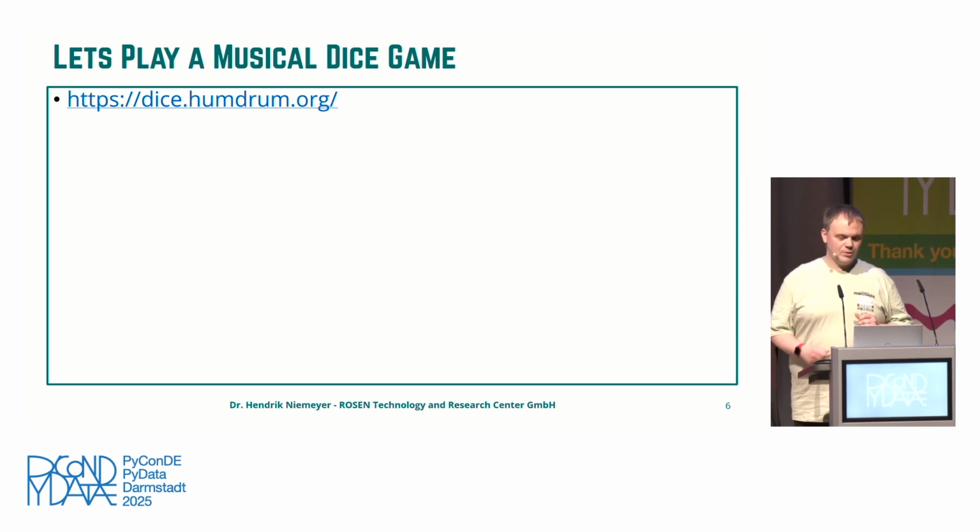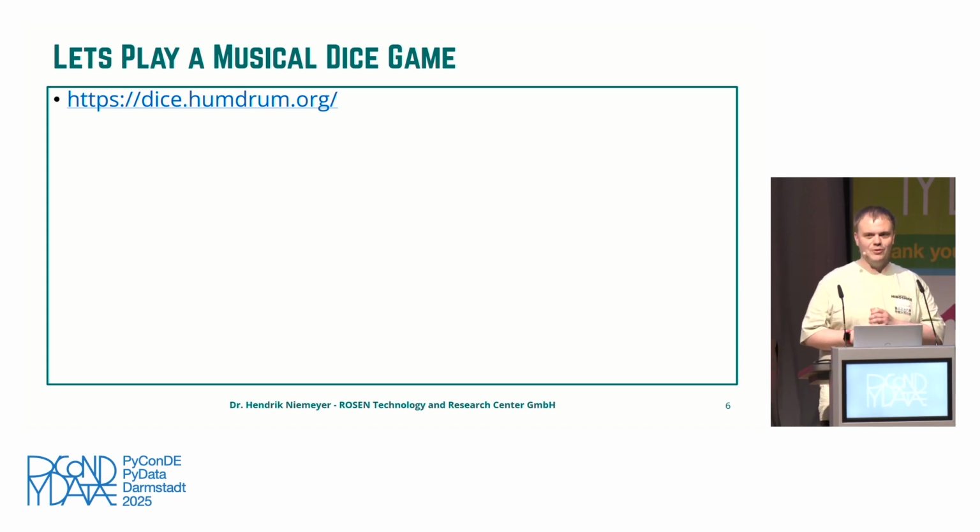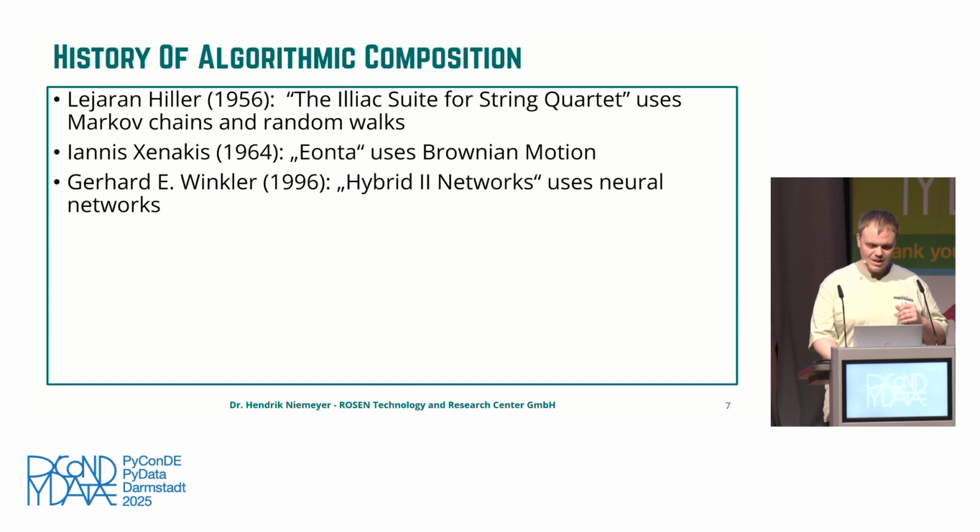This is a website where we could generate such a Wolfgang Amadeus Mozart waltz, but unfortunately my Wi-Fi won't work here, so you have to try that out for yourself. Otherwise I would do that with you now, but it unfortunately doesn't want to work today. So we will have to skip that part and talk a little bit about what modern algorithmic composition is.